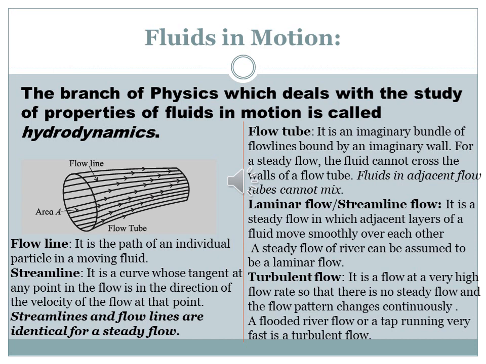Next one is laminar flow or streamline flow. This is a steady flow which we can consider in case of a well and a river. It is the steady flow in which adjacent layers of fluid move over one another. They will not interfere with the walls of any container. They will move very smoothly over each other. So the steady flow of a river can be assumed to be a laminar flow, or in a well, it is a laminar flow or a streamline flow.